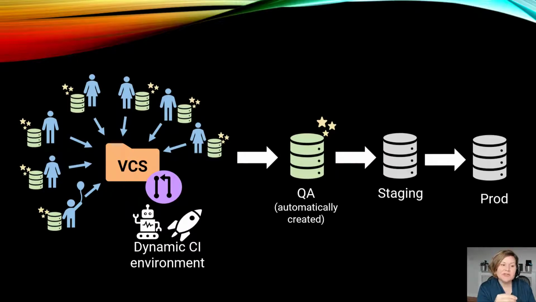And that enables us to create our changes in isolation, but using version control to share them, so that we can do things like, when I want to review my code, I can push my branch, if I'm working in a feature branch, to the centralized Git repo. And I can do a pull request and say, hey, can you take a look at my code? I can use automation to say, when I create a pull request, I want the automation to kick in to build a fresh copy of the database and to apply the code from my branch to it,